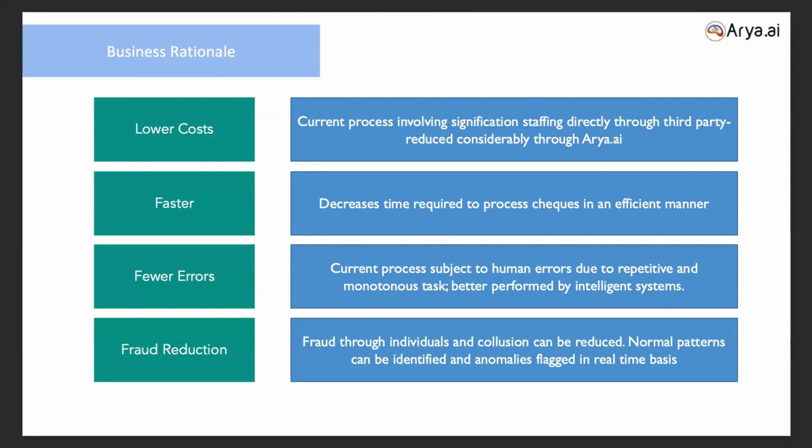Whereas this system with IBM AC 922 processes around 18 to 20 checks per second. Of course, we are in the process of increasing it, but this is on production servers. There would also be fewer errors, as it's a monotonous task. Intelligent systems will perform better because it is one particular operation it has to do. Definitely no frauds happen. The system decides itself, and everything is logged here.